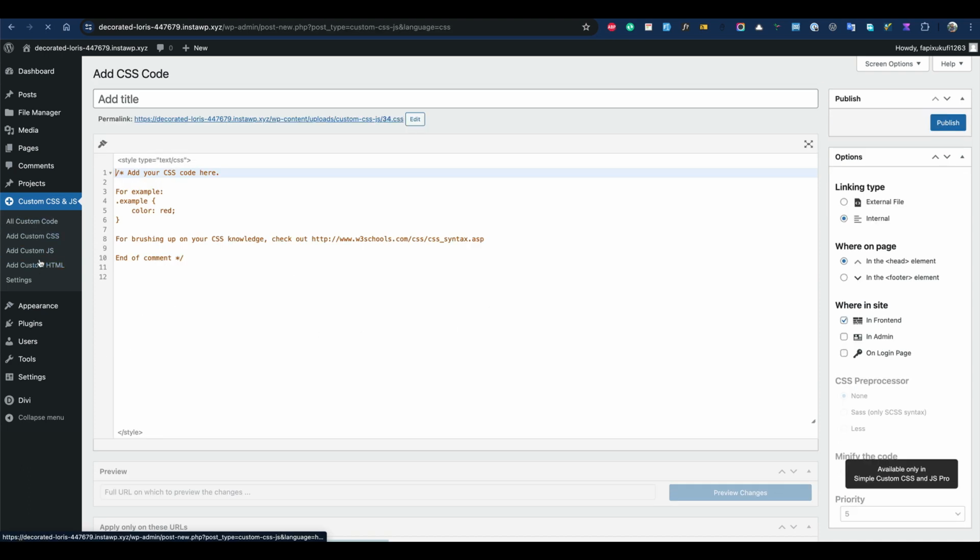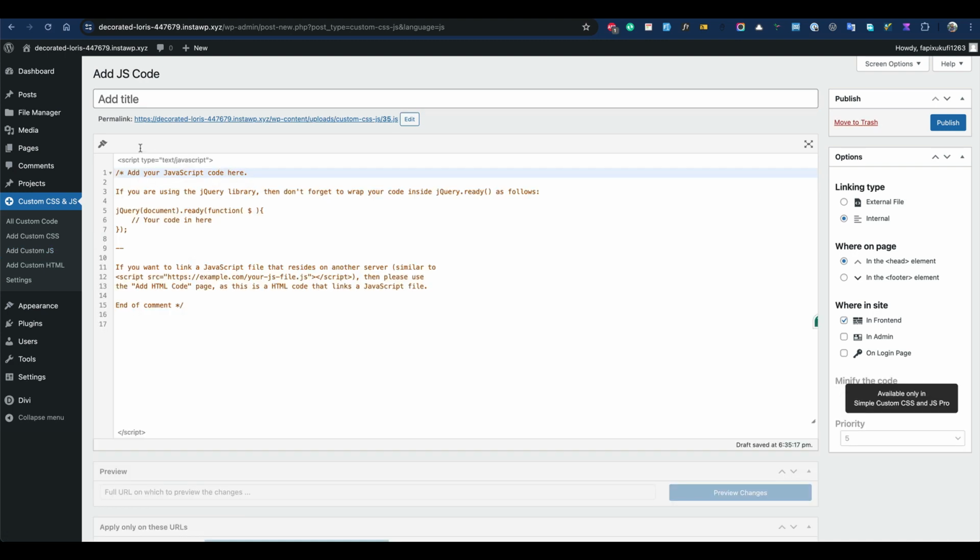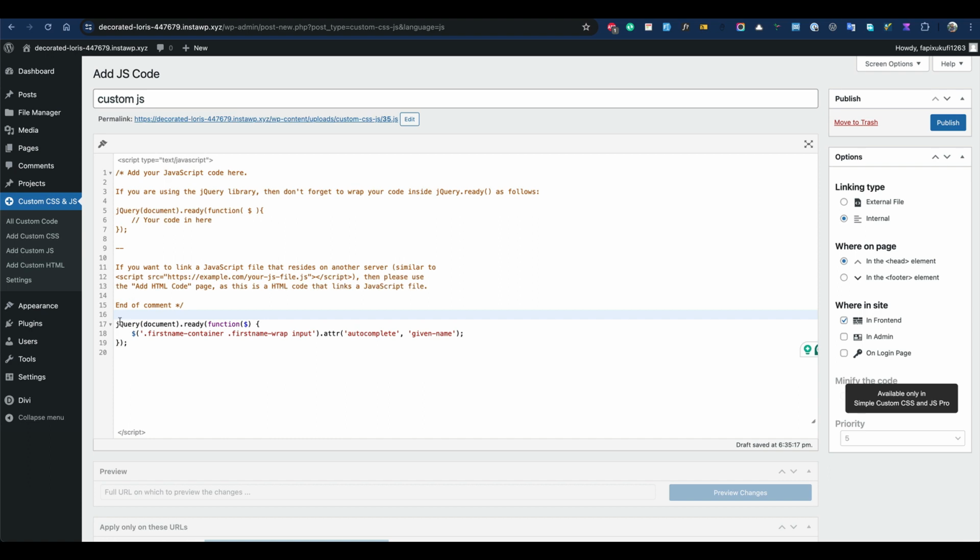For the JS, you will have the same options. So give it a name, like custom JS. I have some JS code in my code editor, and I'm just going to copy and paste. You can just remove this one or put it under this one. Make sure that if you add jQuery code, it's under the document ready object, because if you add it just like this, it will not